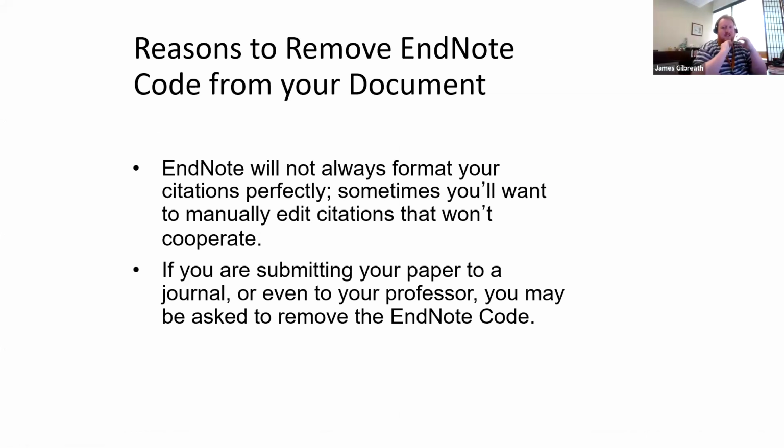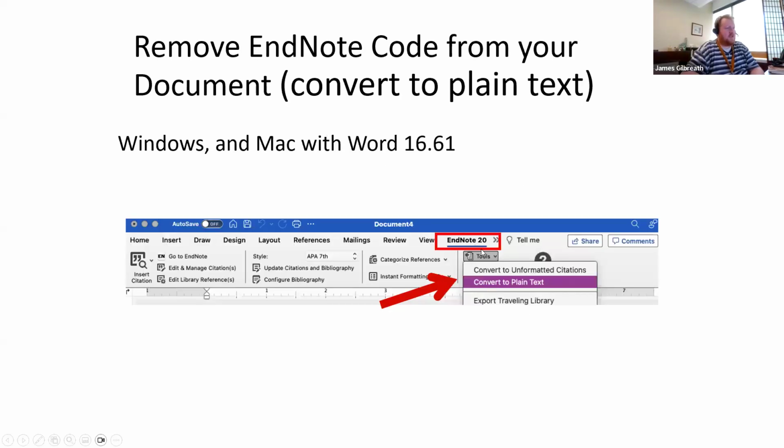At some point, if you're using Cite While You Write, you will want to remove the EndNote code from your document. As you're getting toward when you need to do a bunch of formatting edits for submission to a journal or something like that, you may not want to fool with using the drop down tools, and you just want to go through and do stuff by hand. And if you're submitting to a journal, you'll probably need to remove the EndNote code first. So to do that,